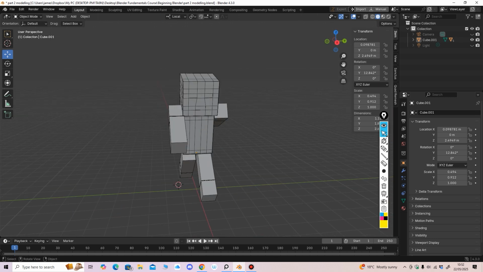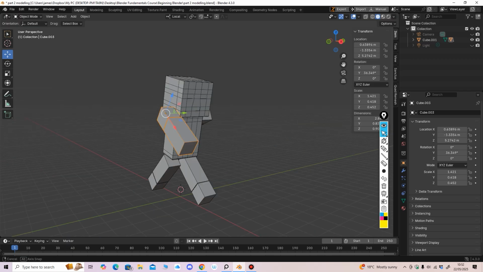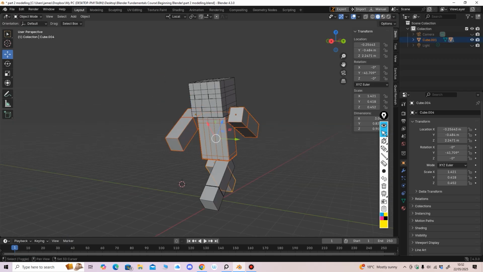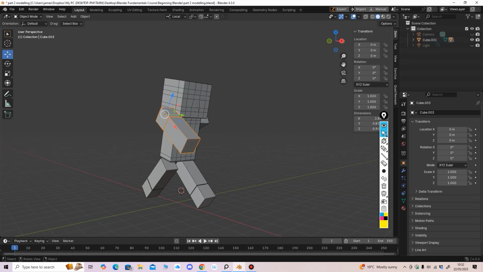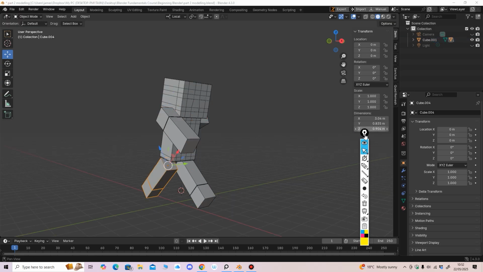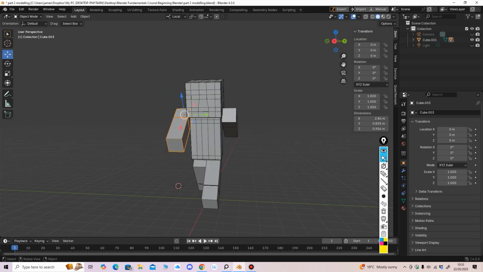So what you want to do last of all on this, you want to go Control A, Delta, select them all. Control A, all transforms to deltas. And by doing that, you've zeroed all them out, so it's nice and clean. They're all zero, instead of stuff like 1.2347. You don't want that. They're nice and clean there. And then to top it off,